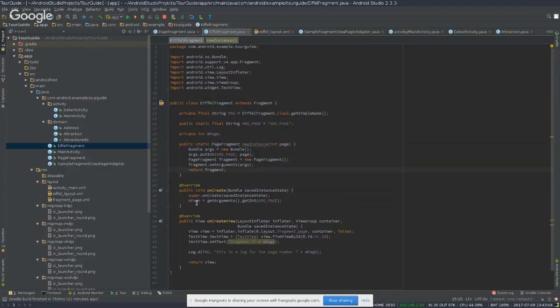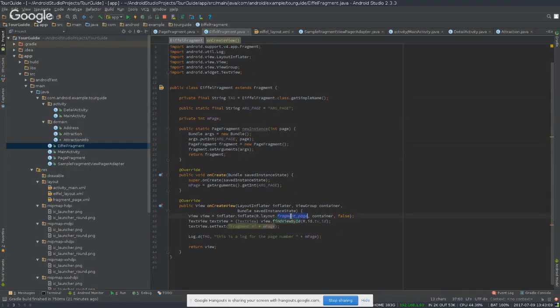And typically what would happen here is that I would not use the fragment page. I would use my Eiffel layout here, right? And in this case, I would say this is the Eiffel fragment, right? And now if I just ran this,